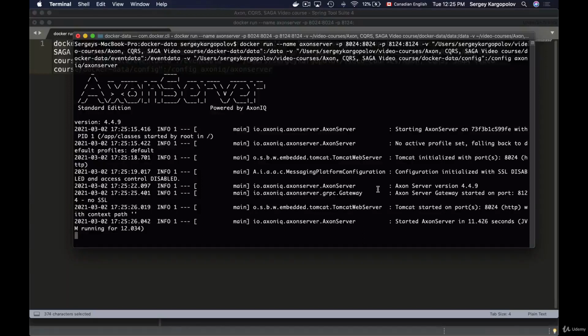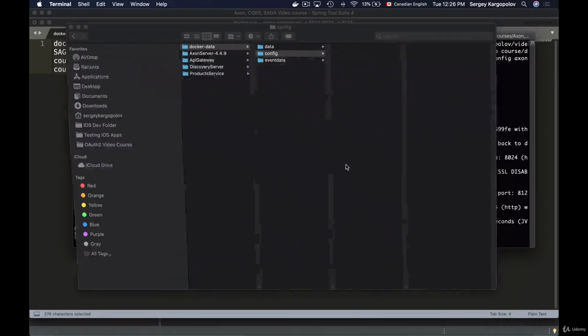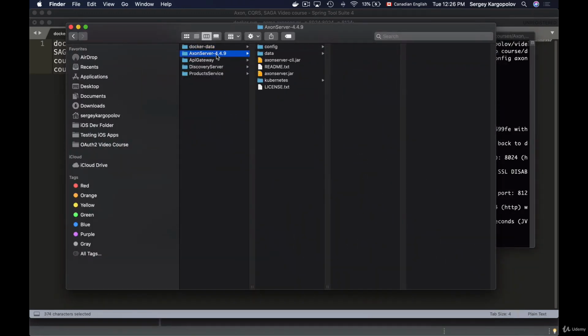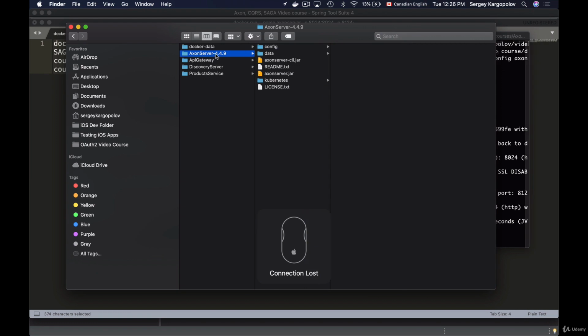Axon server that you start in a Docker container can also be configured, and to do that you can use the Axon server configuration properties file, which we have created in one of the previous video lessons. So to make Axon server that runs in a Docker container read configuration details, I'll just copy the Axon server properties file that we have created in one of the previous video lessons from the Axon server folder, which we have downloaded